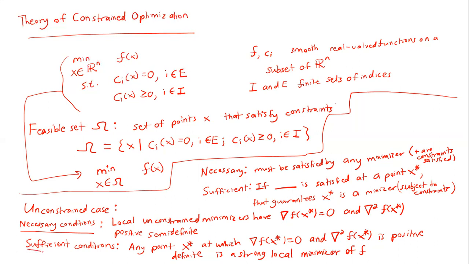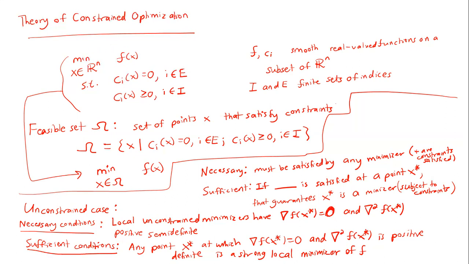And so this was what we got for the unconstrained case. And so if you go look back at your notes, you'll see that these are required. Now, the difference with the constrained case, of course, is primarily that we added constraints. And so the fact that some conditions on only our objective function hold, which is what this was about, that may not be sufficient for being able to tell us whether or not we've actually